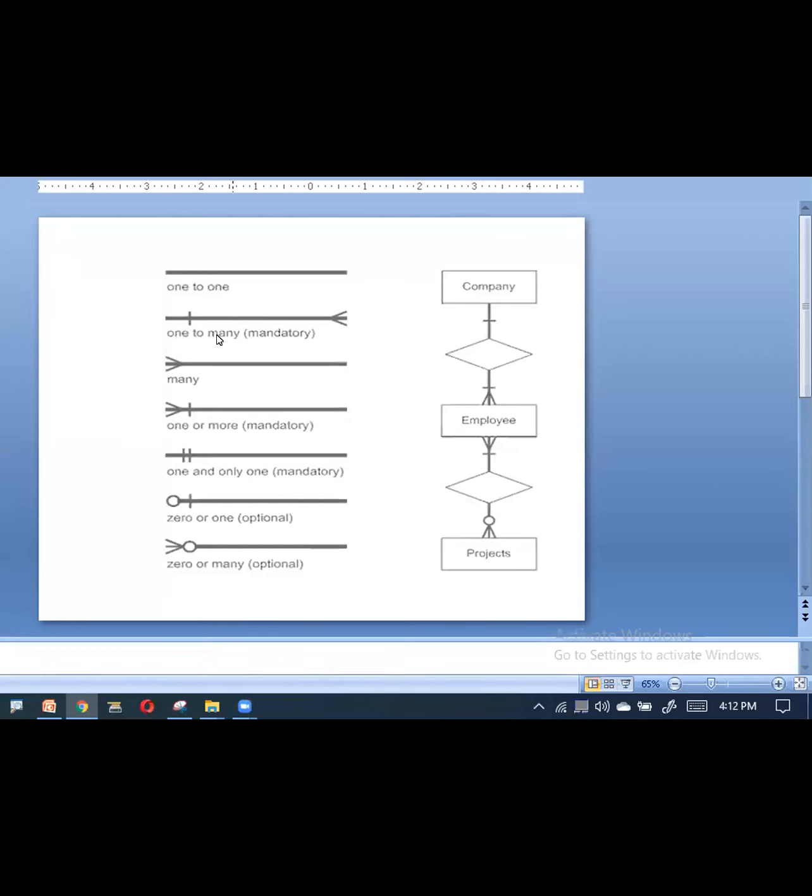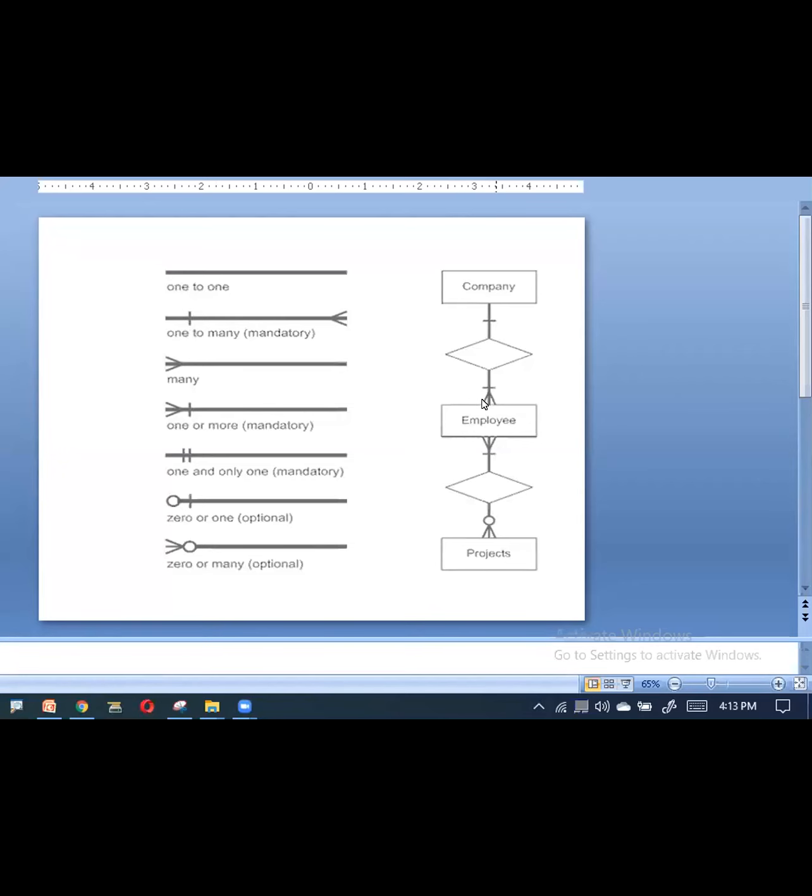Now suppose you want to show one to many. A company is a single entity, so this is one to many, meaning the company has many employees. Many employees means three lines.